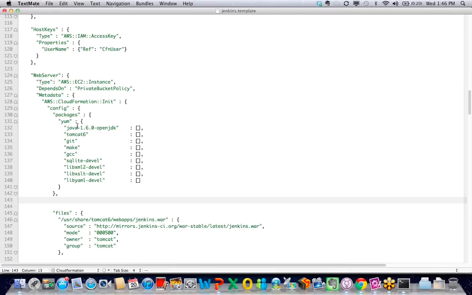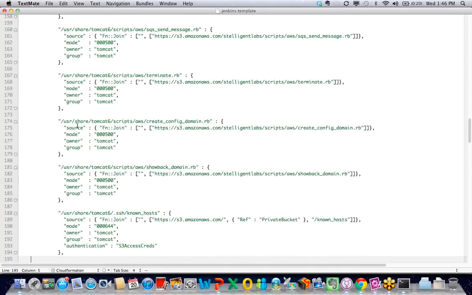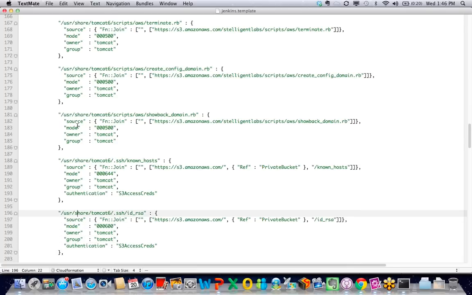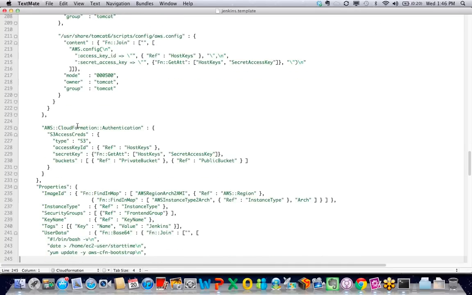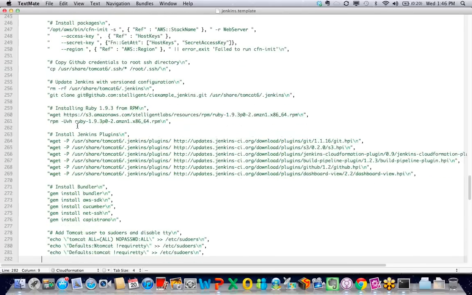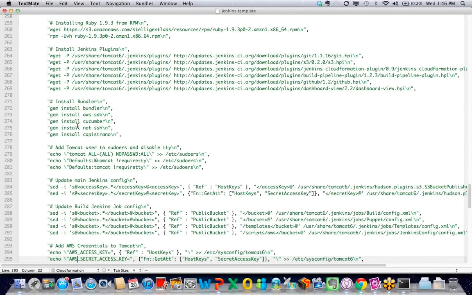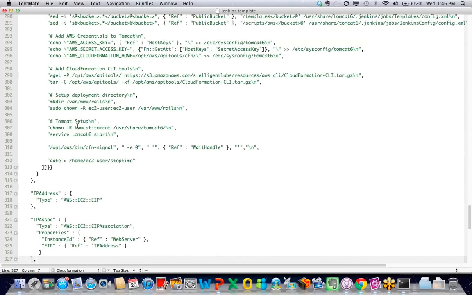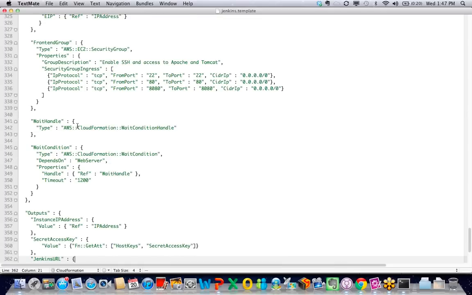But also, it can incorporate into all these various systems, such as continuous integration systems. So going down, again, I'll go over this in more detail in the next webinar, but you can see that you're defining various files and the permissions for those files, getting certain Jenkins plugins, and applying permissions and installing Tomcat, giving security access.